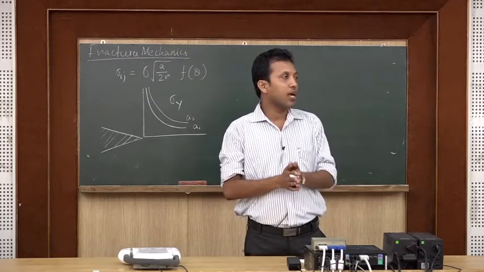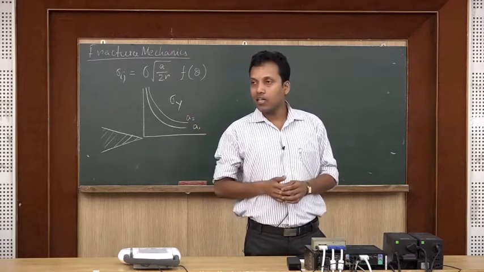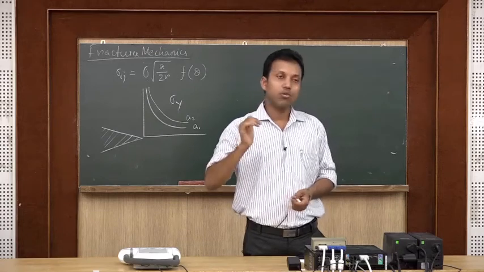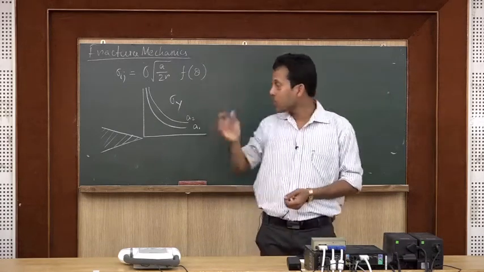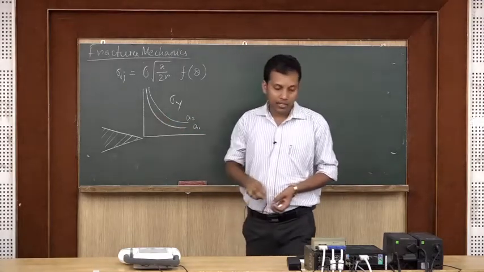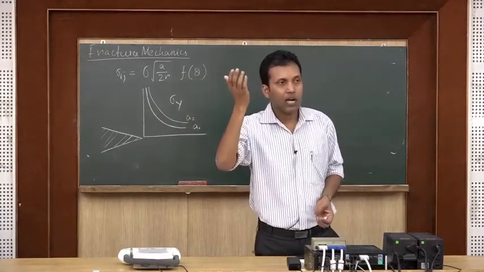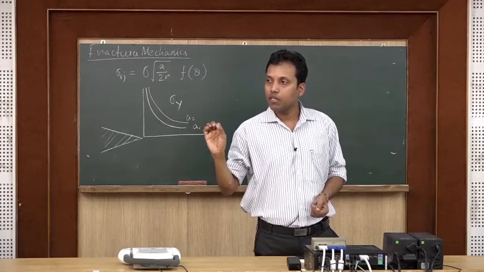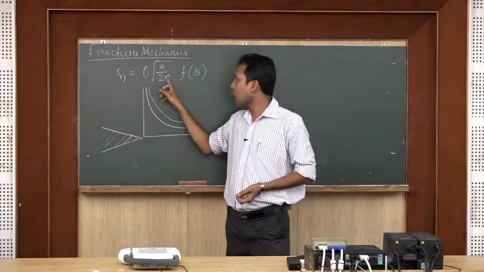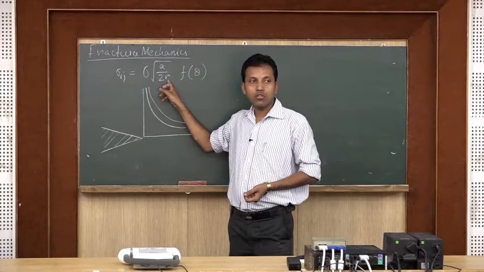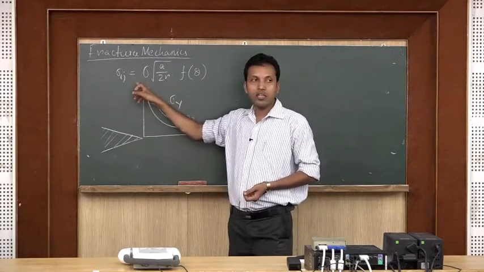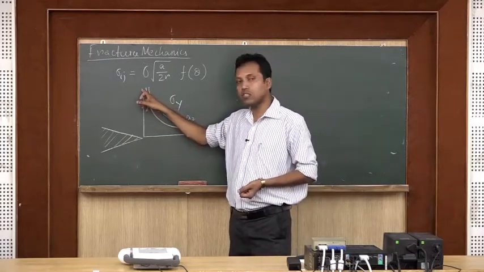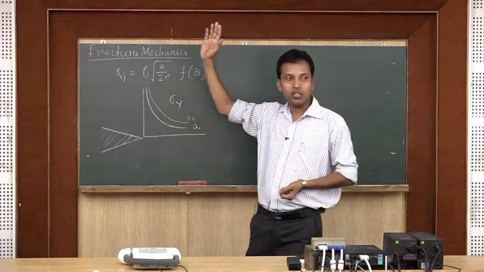Acha. After that, what we have seen in a material earlier that the stresses very near to the crack tip may go to a very high extent, like it is given in this figure, okay, and it may go up to the infinity, very high stress if the distance from the crack tip is very less. That also you can follow from here. The r is in the denominator, okay. So if the value of r is very small, then the sigma term that will be there will be very high. So this curve you see is not touching the y axis, rather it is going in this way up,